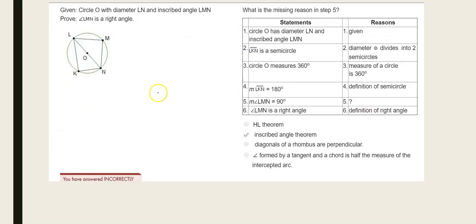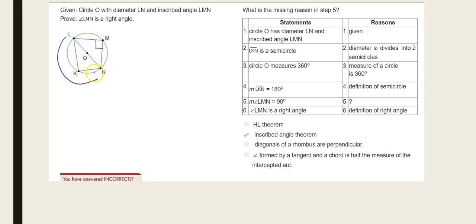All right, here what they're telling you is that since LN is a diameter, you have an inscribed angle, and we want to prove the fact that LMN is actually 90 degrees. So what we're going to do here is start off with the fact that you have the diameter and you have an inscribed angle. You know that LKN